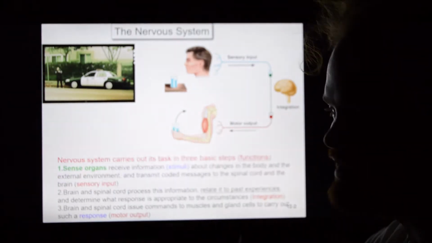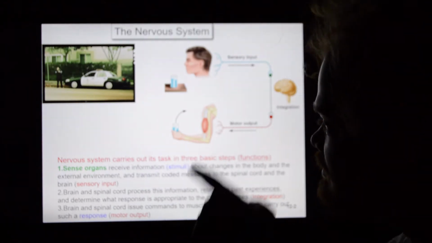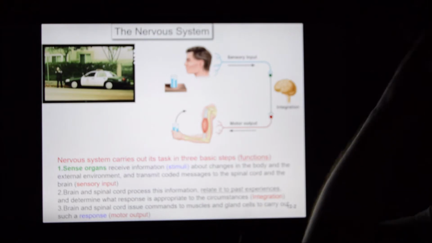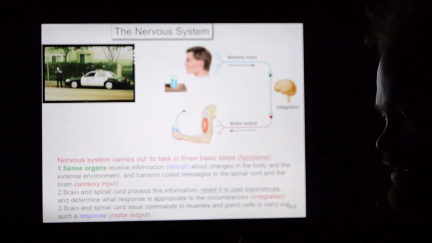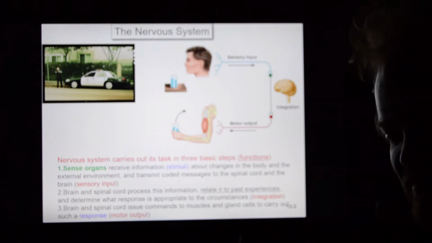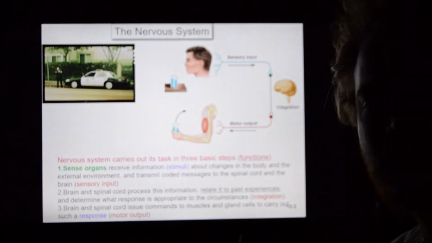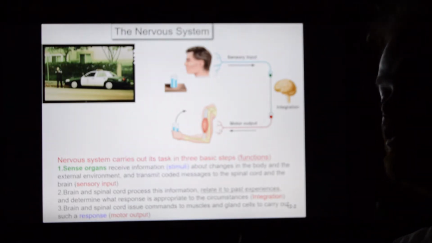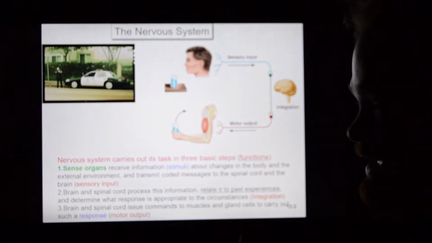Here's a classic example. I don't care how fast you're driving, if you're driving down the road and you come around the corner and you see this, that is going to be a sensory input. That sensory input goes to your brain via your optic nerves, and your brain thinks to itself, you know what, I don't feel like being pulled over today. And that is followed by a motor output to remove your foot from the gas pedal. I don't care what the story is, it's going to happen.